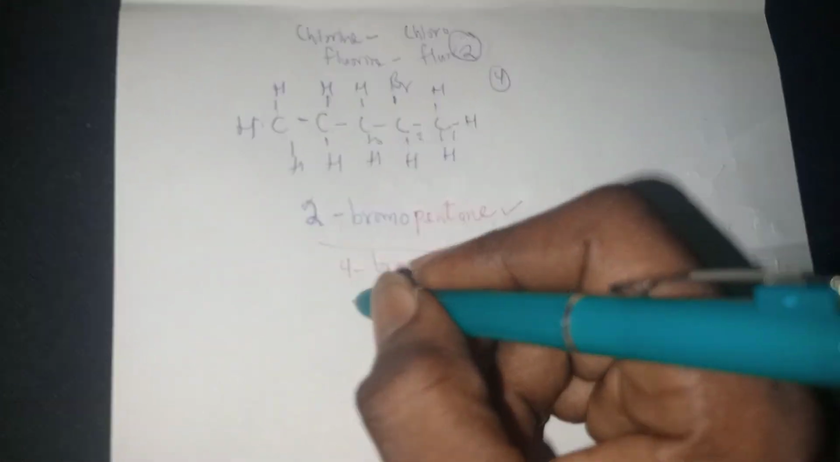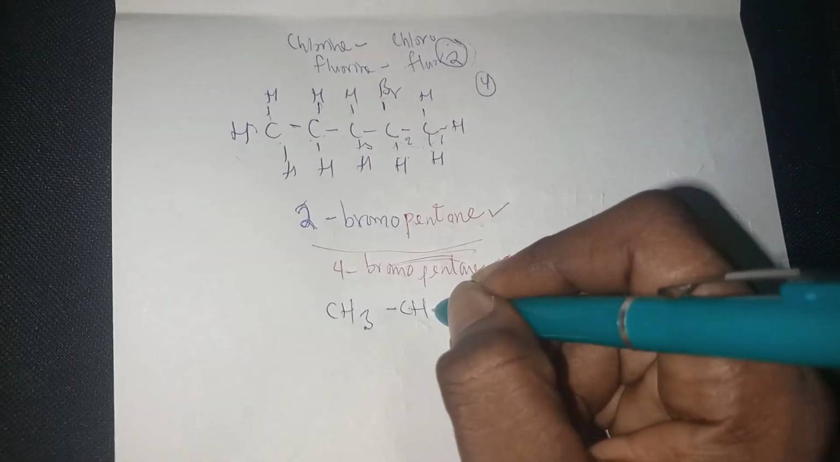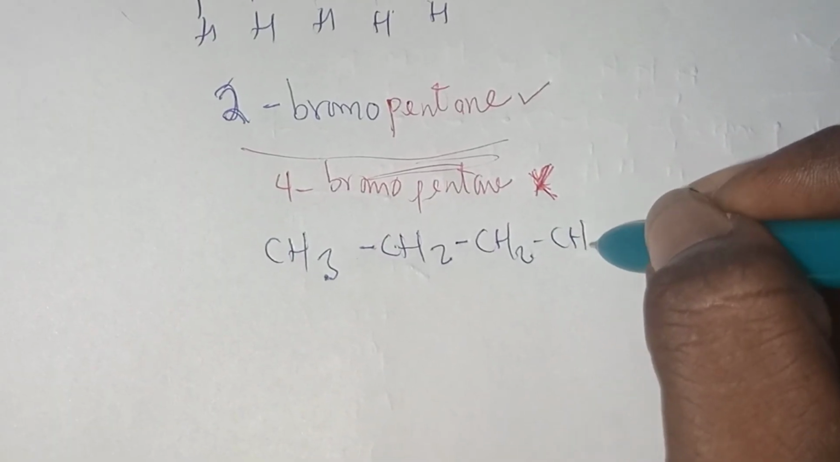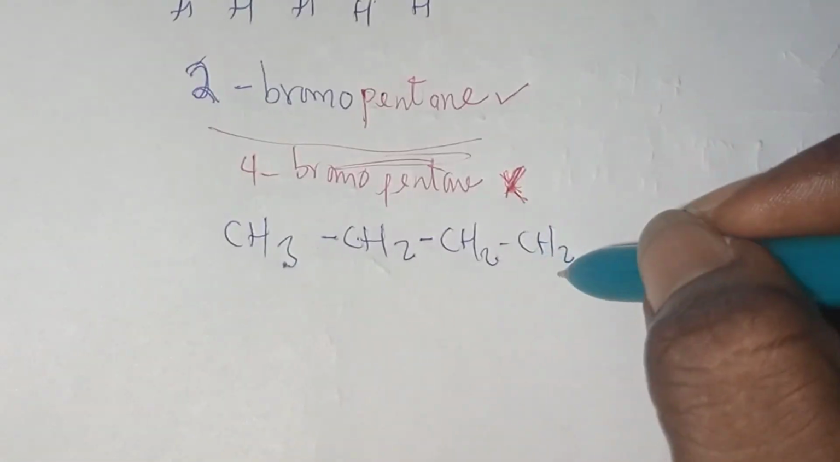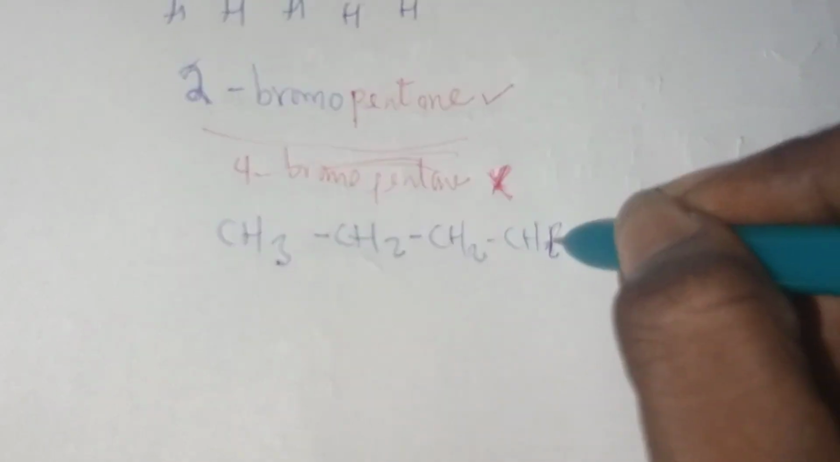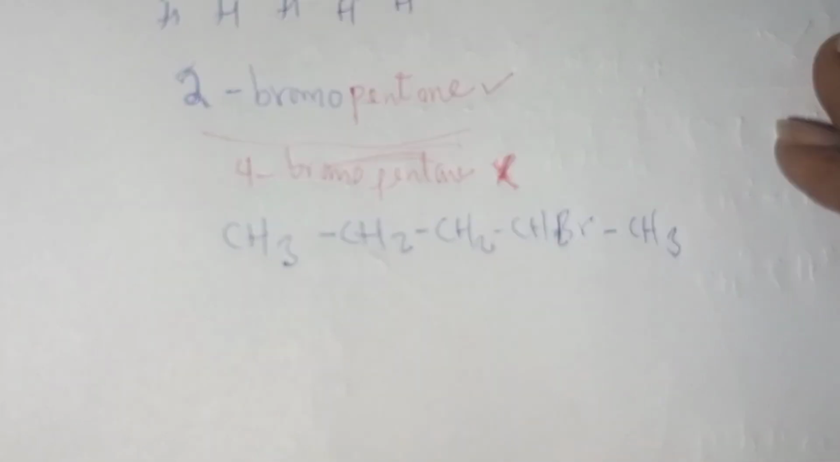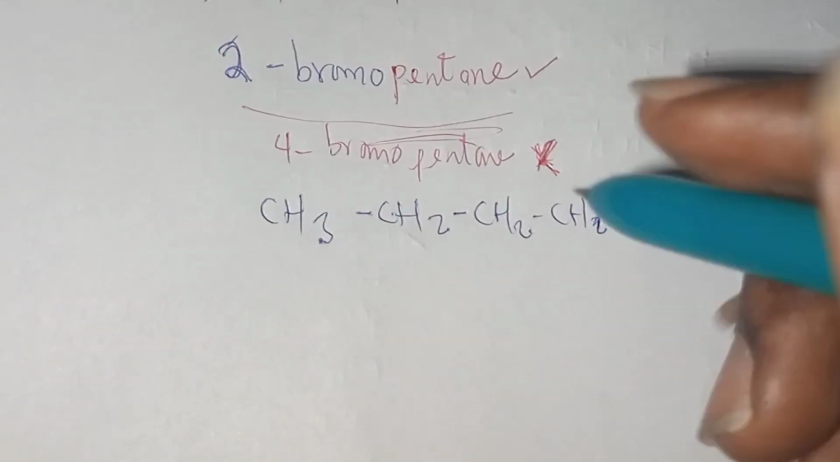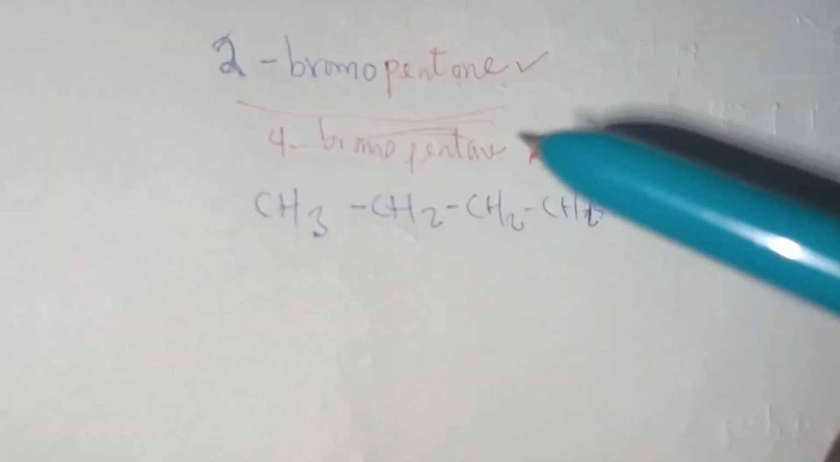is going to be CH3 bonding to CH2, bonding to CH2, bonding to CH2. Sorry, here there is a Br, so bonding to CH, then your Br, then bonding to your CH3. As simple as that. If you want to represent this in a bond angle form, I remember that one point